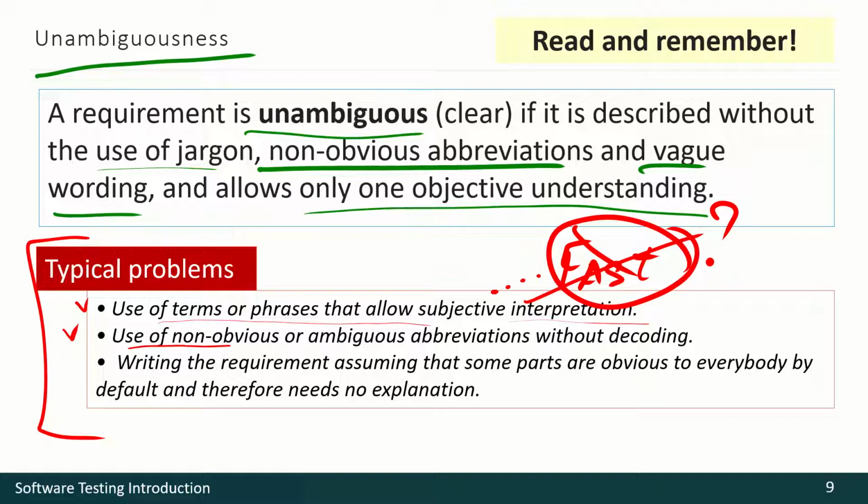The second idea: using unknown or ambiguous abbreviations without decoding. Imagine you see such an abbreviation as MKFRC. What's that? Does anybody know? Me neither. I've just written it from my head. But if you see such a thing in real life, what's that? Where is the clarification? Where is the necessary information? If we are using something non-obvious, we should make a clarification.